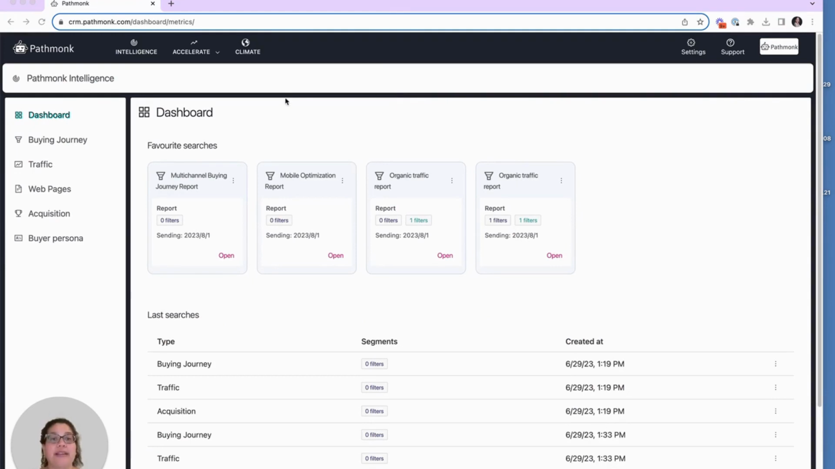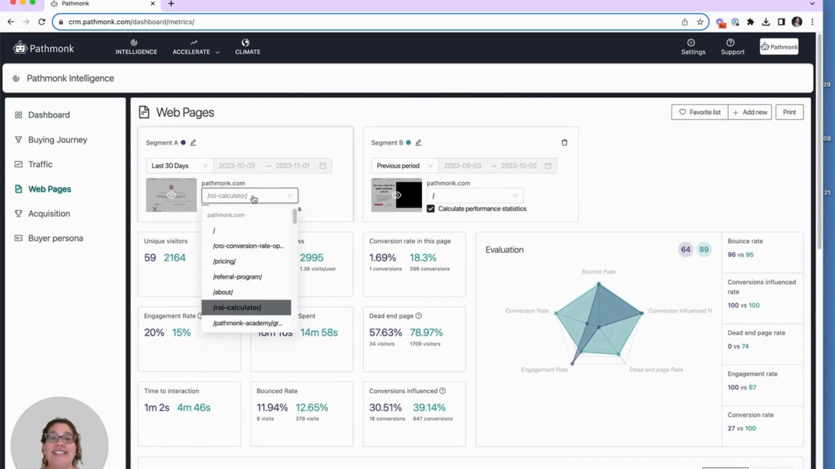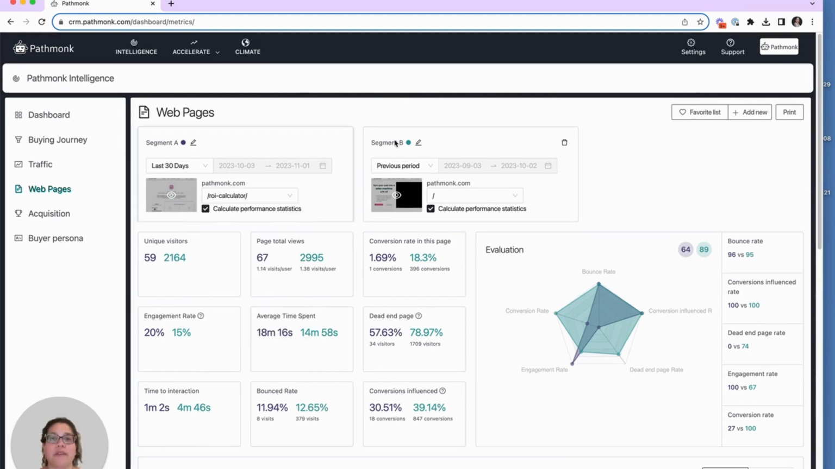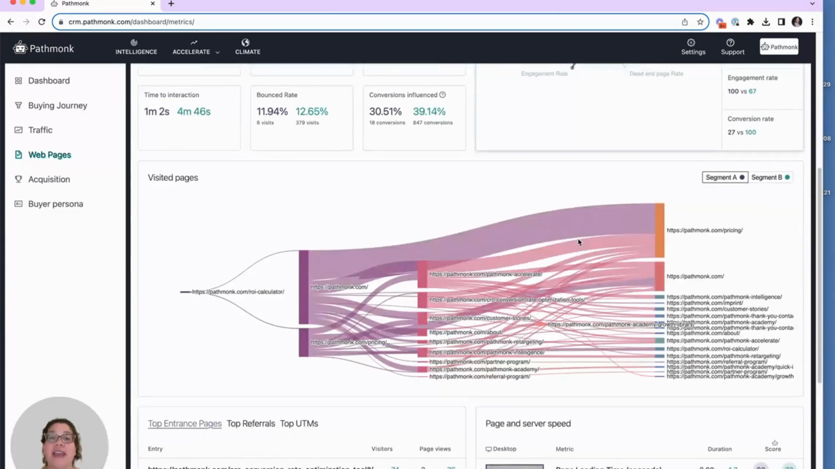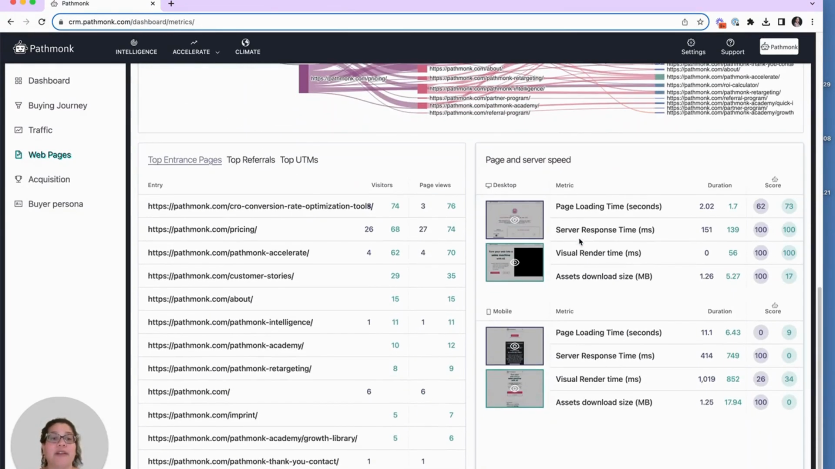From your Pathmonk Intelligence menu, navigate to the Web Pages report. Here, you'll be able to filter each one of your pages and select the dates for which you want them analyzed. For every page analyzed, Pathmonk Intelligence provides page and server speed information, enabling a detailed comparison between the desktop